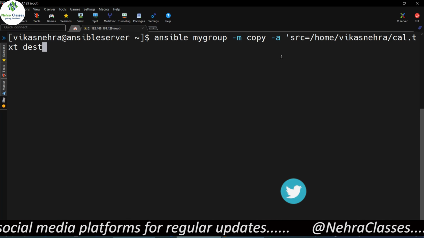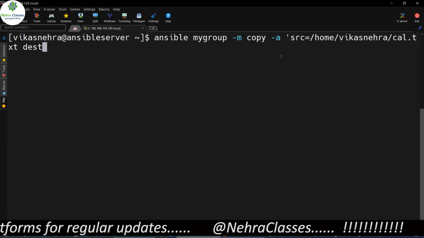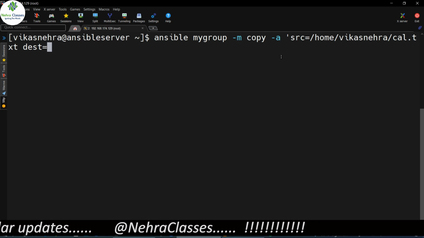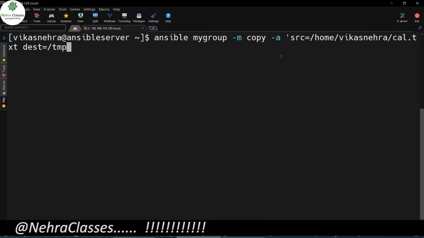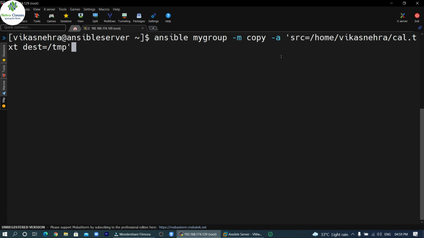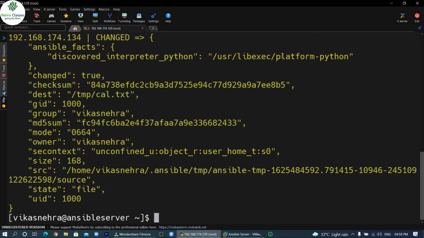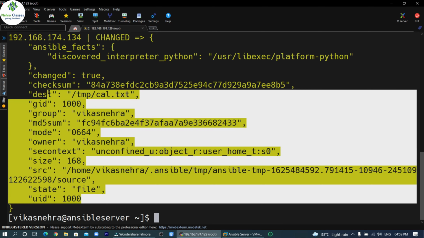So I'll write here dest, and I'll define the destination on the client nodes. I want to copy it in the tmp directory, so I will write there /tmp, and I can press enter here. If I want to do it from another account, I can mention -u and the username also. You can see that the files have been copied to the node machines.